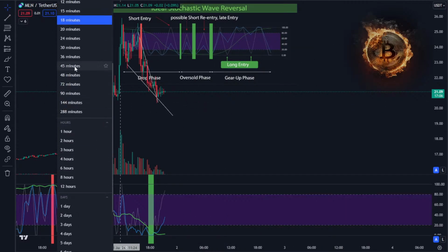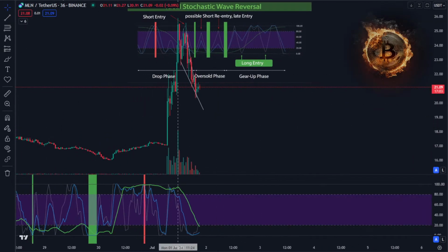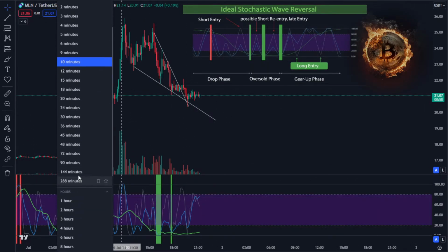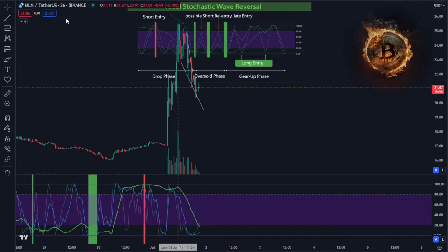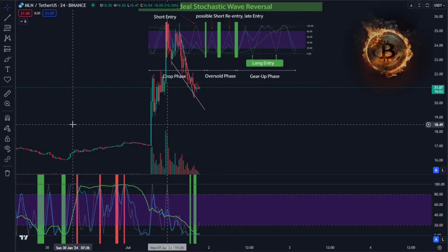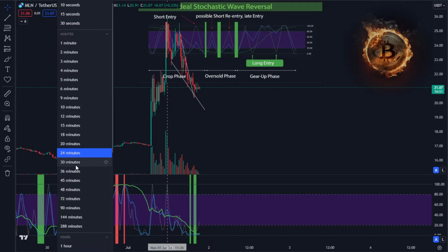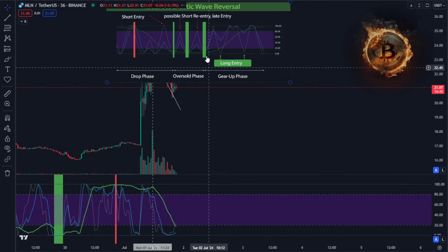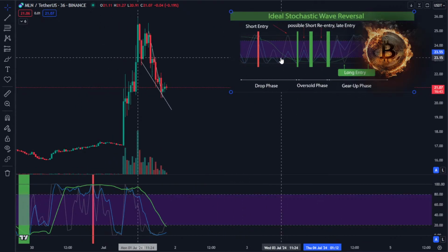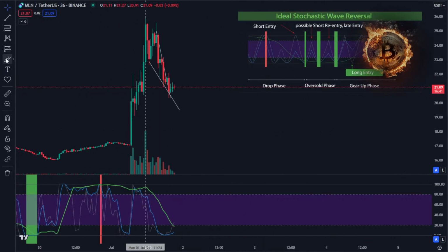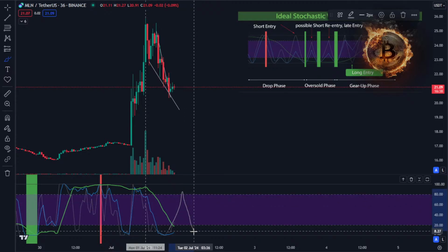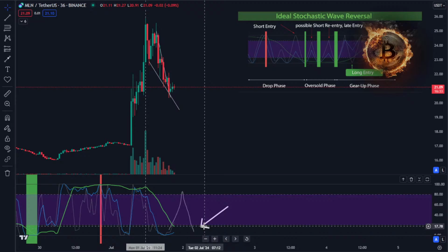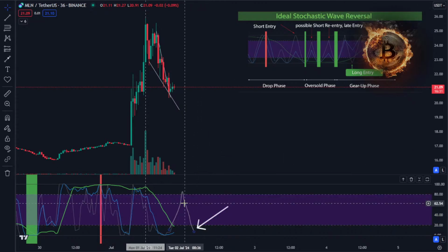We were at the 36-minute time frame. So let's go to a time frame that shows the peak where it should be. So let's just go to something like the 36. Okay, so the 36 time frame. What I would do here, I would simply wait for this to make one tap up and then another tap down. So I would only be interested in reanalyzing this at this point here,